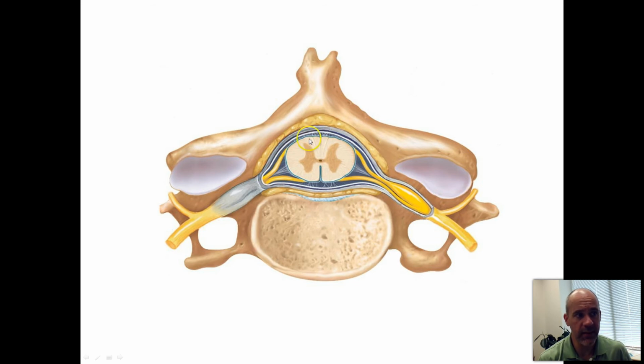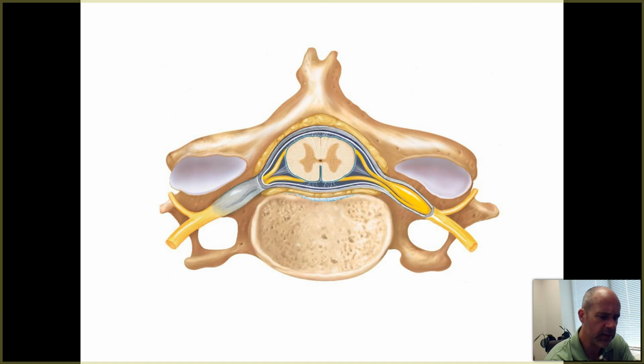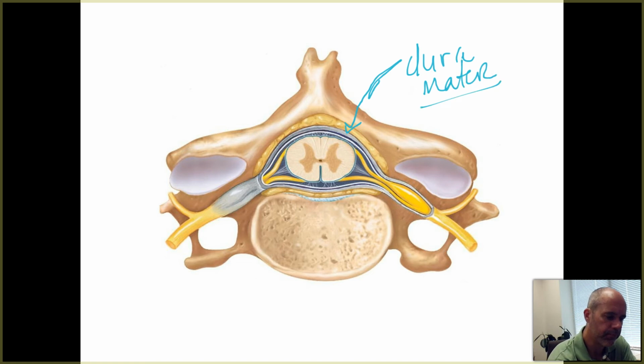So right there in the center, that is the spinal cord that is cut open for us in cross section so that we can see the inside. And the spinal cord is surrounded by meninges as well. So let's kind of draw in those layers. So the dura mater is the outermost layer. And then right in direct contact with the spinal cord itself, you would have your pia